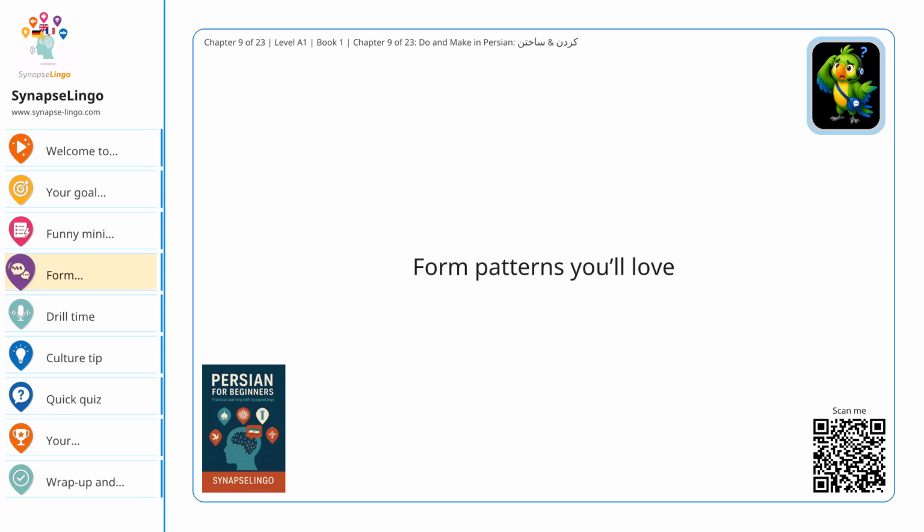Form patterns you'll love. Time for quick patterns, no dust, just shine. Core, do, verb equals کردن. Past stem, card. I did. من کردم. You, singular, did. تو کردی. We did. ما کردیم. You, plural, did. شما کردید.